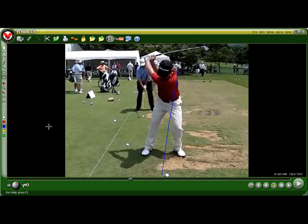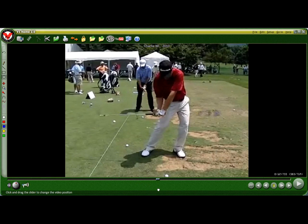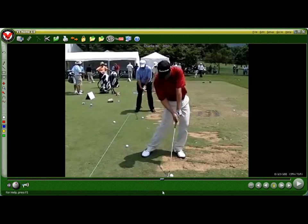The left arm is not going to break down, and by the time he returns this club to impact, the left arm is still straight, almost right back to where he started at address. Left arm is straight, and the club shaft is bent slightly, indicating that he's hitting down on the golf ball. But it's very important to maintain that straight arm relationship,